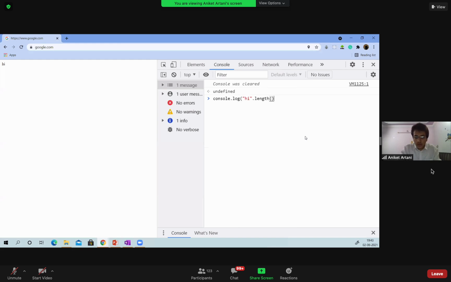I dot length. What will it print? Yes, everyone is responding 2, but it will not print 2.